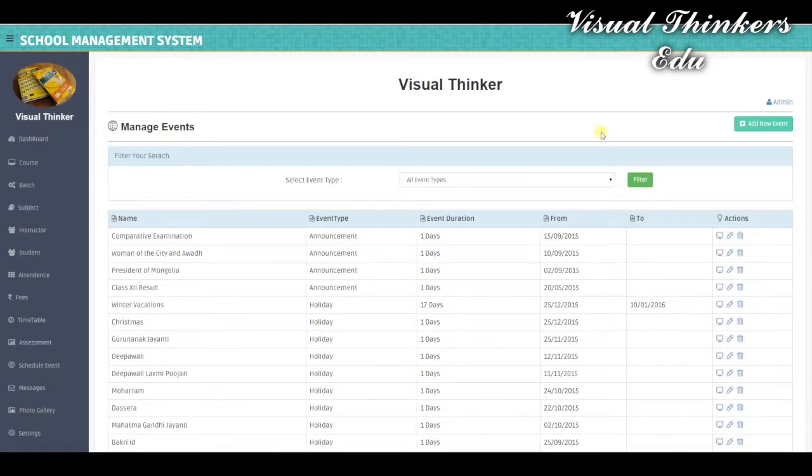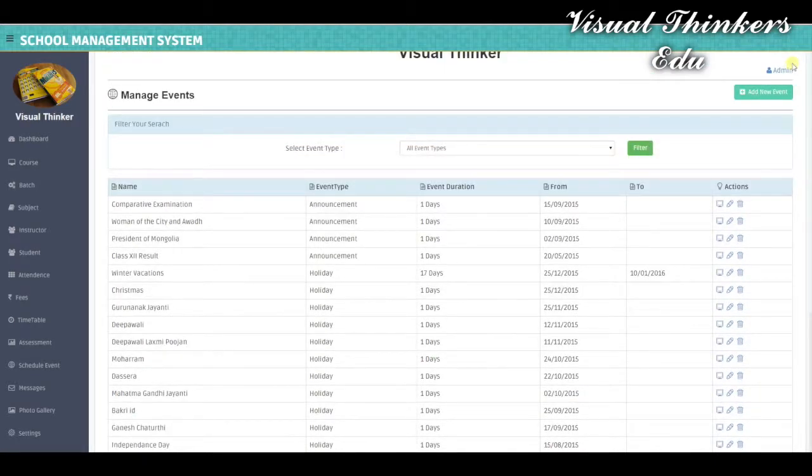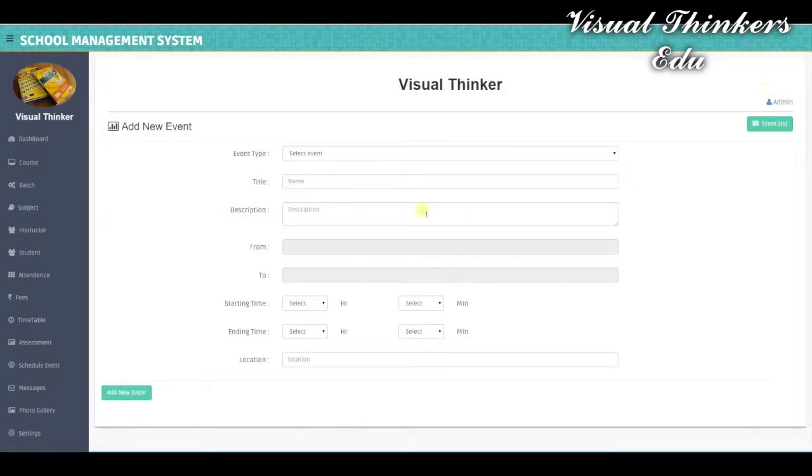Now if you want to add a new event, you just click on the add new event button.